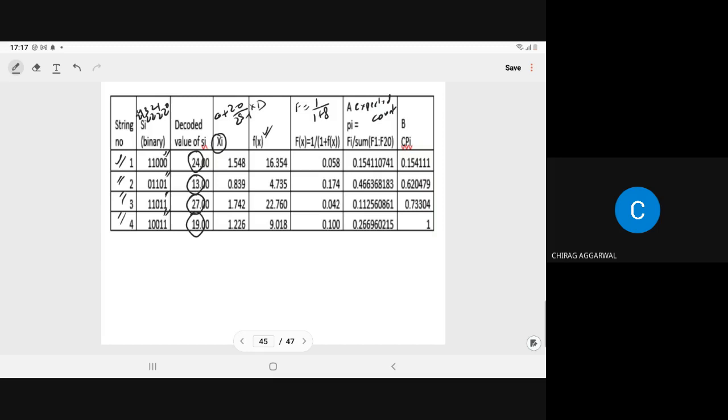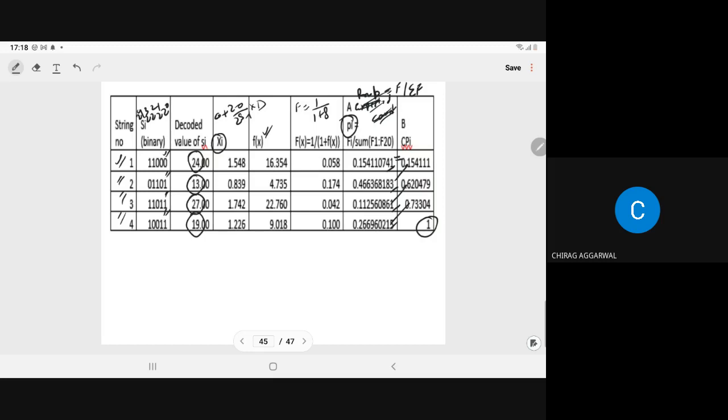They have computed the probability, not expected count. Here in the table they have given the probability only. So probability is what? It is f upon summation of f. It is coming because it is computed by Excel, so we have the long digits. Then we have to compute the cumulative probability. Cumulative probability means first we write as it is, then the sum of this, sum of this, and sum of this. Automatically the last should be 1.